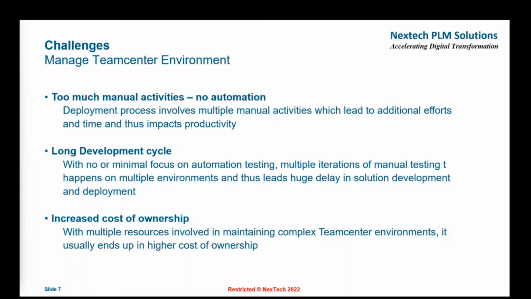So that basically led to too much manual activity, and thus there is a high potential of human errors. Long development cycle. With no or minimal focus on automation testing, multiple iterations of manual testing happen on multiple environments. It all starts from the local developer environments to the central development server, then maybe to the quality or testing environment. And once UAT is performed on that quality environment, then it is rolled out